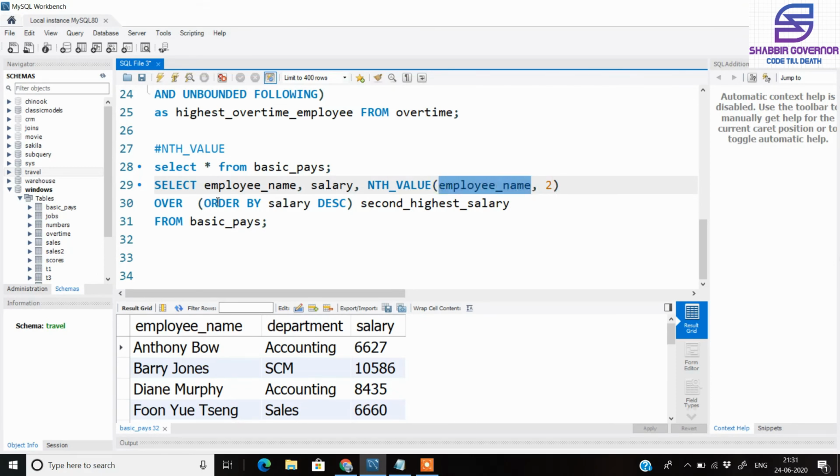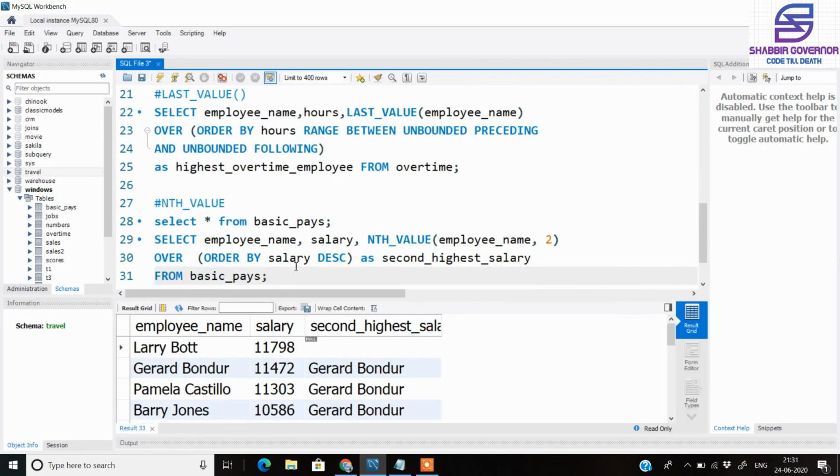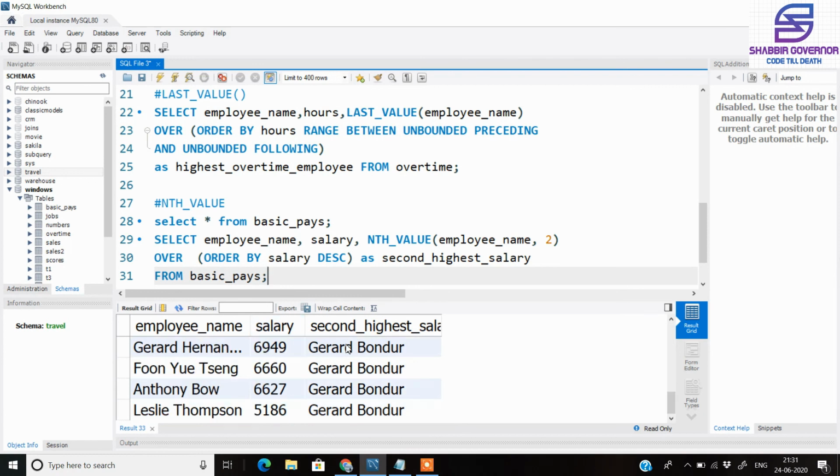We have defined the window here as order by salary in descending order, to get the second highest salary from the basics pay table. When we run it, we get that Gerard Bonder is the person who has the second largest salary in this whole employee basics pay table using the window function nth value.